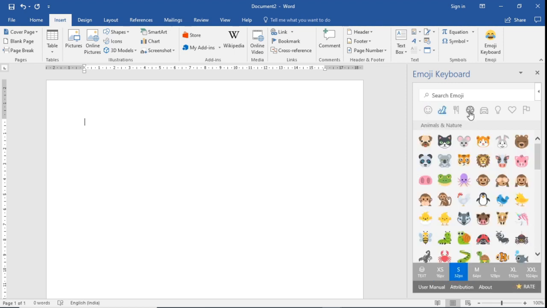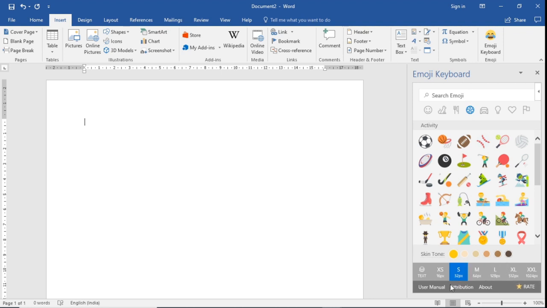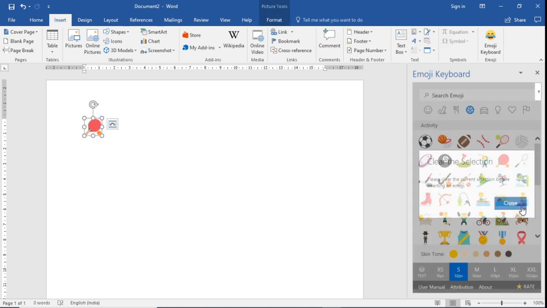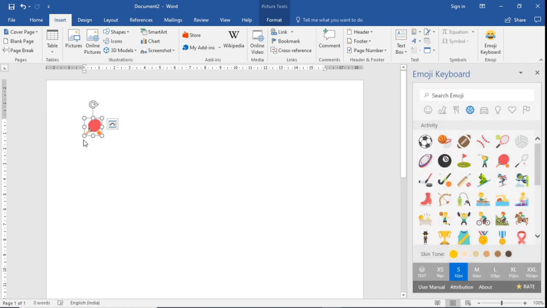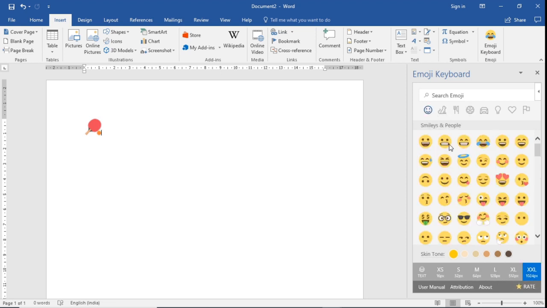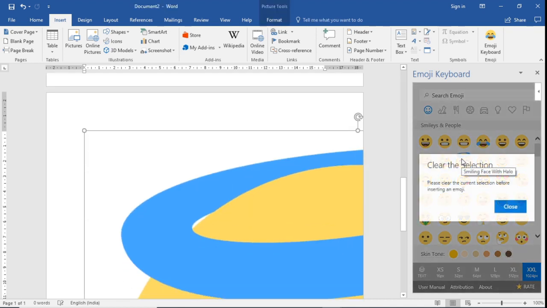So whatever we can see on our mobile, for example, I want to insert this. So you can double click on that and that will get inserted. Fine. So I've inserted, let me insert this. So double click on this, that particular image gets inserted. So we can insert various images also in our Microsoft Word document. Fine, so you can select the size as per your requirement, and after selecting the size, you can click on the particular emoji. So this is too large. So you can modify the size of it.